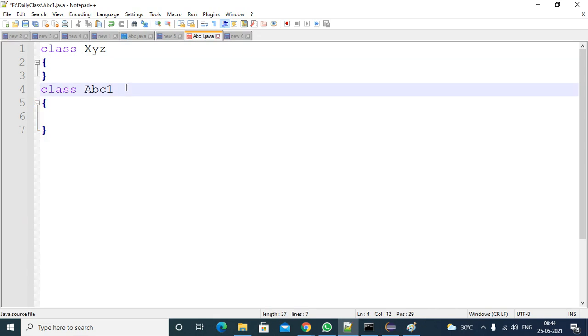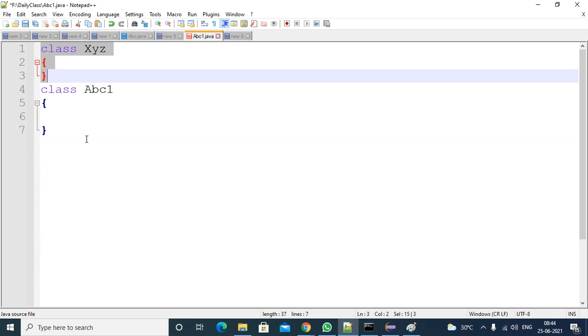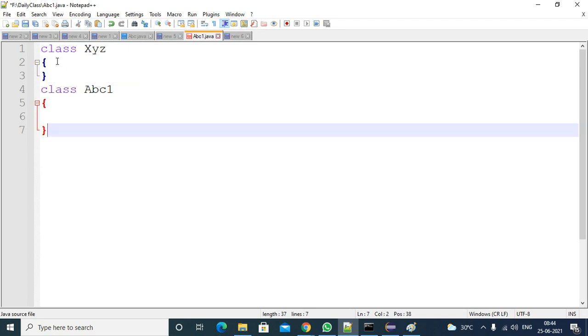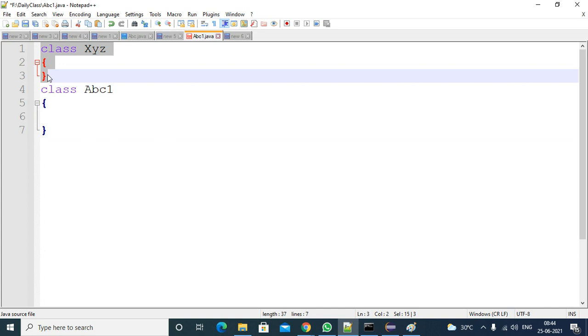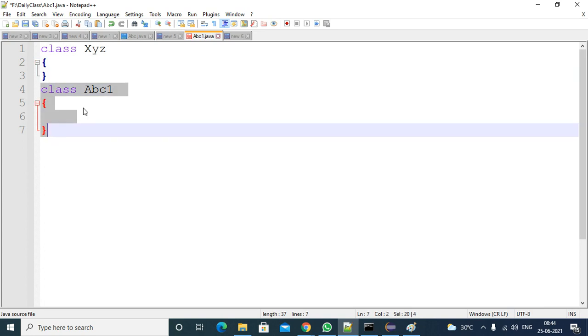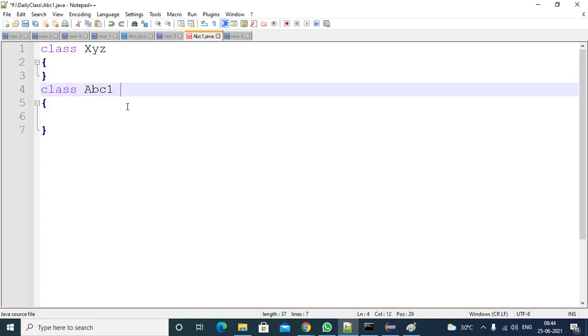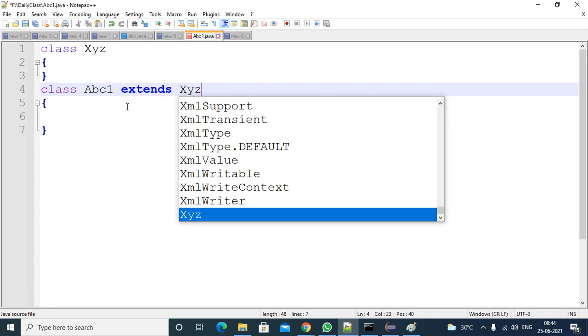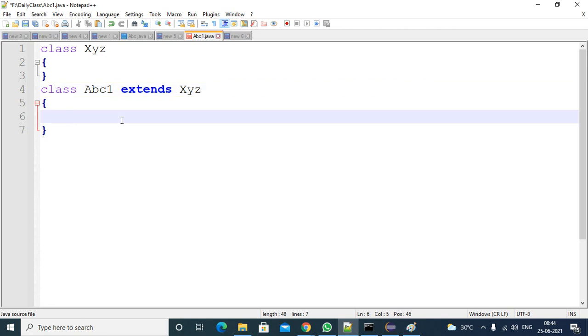Inheritance means you are creating a child for the XYZ class in this scenario. Consider this a parent class and this a child class. How to make the relation? By using the extends keyword. After extends, you write the parent class name, the class which you want to make the parent. That's it. So in this case, what will happen?